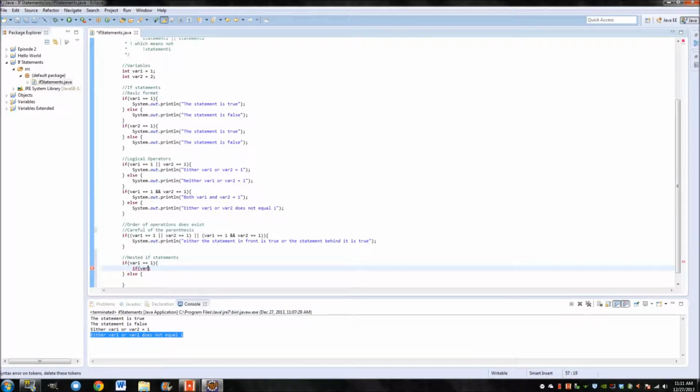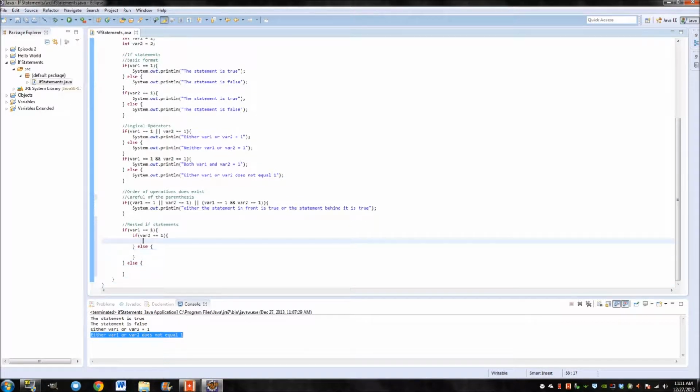And we can go variable equal 1, and then you can have another else within that if. So there it goes. And if your variable 1 equals 1, you can go system.out.println